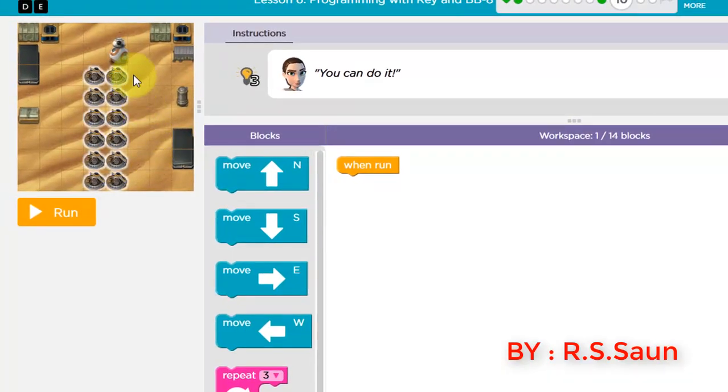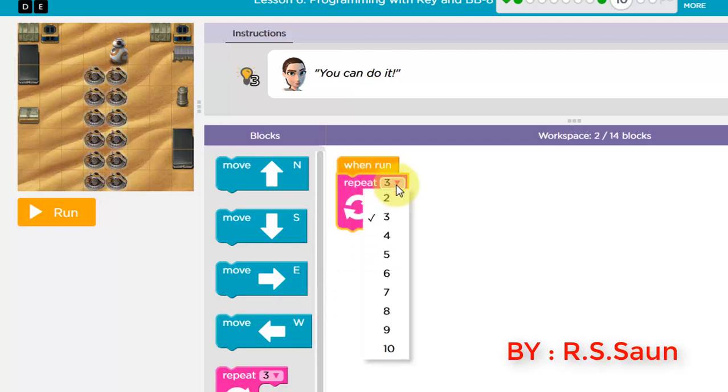Okay, now see, this is also one. What you can do is go toward the down, move toward the west, and then head toward the north. Or you can go 1 step down, then 1 step toward the west, then 1 step toward the north, then 1 step toward the east, then down. This can also be repeated. In this way you will need more blocks, but if you go down and 1 step toward the west and then some steps toward the north, then this will be much easier to write code.